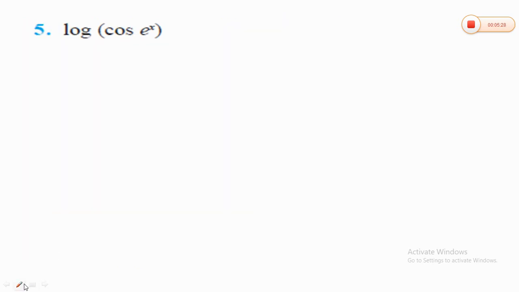So now consider this problem. y equal to log of cos of e raised to x. That means it is also a composite function which contains an exponential here. So you need not worry about this. Only apply the chain rule. That means we first come across log, differentiate log, then write all those things. After that, differentiate cos, write all those things, and differentiate e raised to x. So it is a simple case of differentiation.